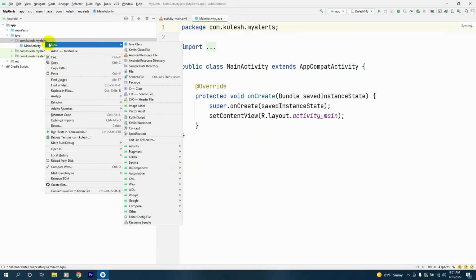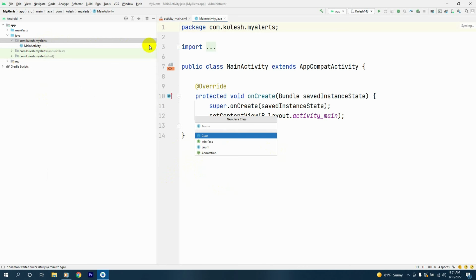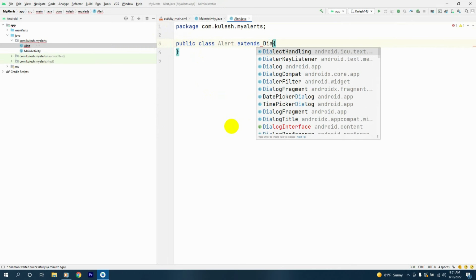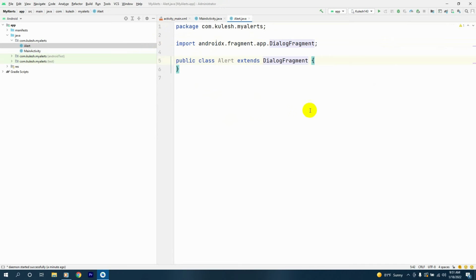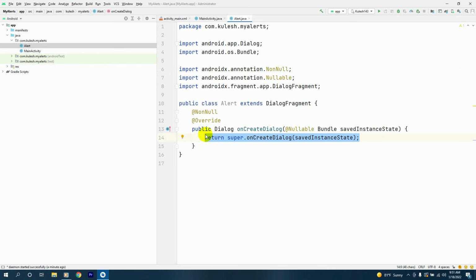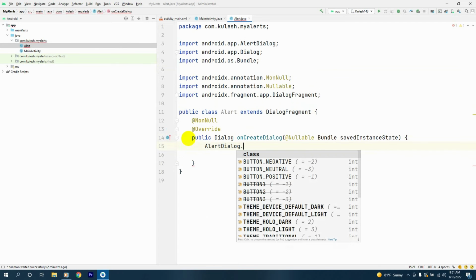First thing, we'll make an alert. We'll make a Java class called alert and it will extend DialogFragment. This will be a fragment, and the next thing we'll create is the onCreateDialog method, and inside it we'll remove the return statement from here, and here we say AlertDialog.Builder